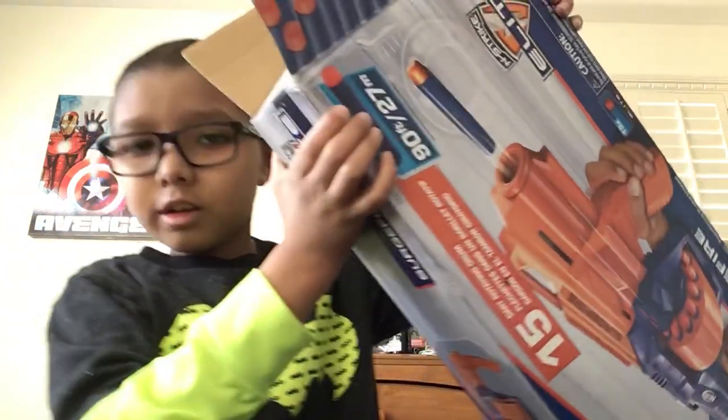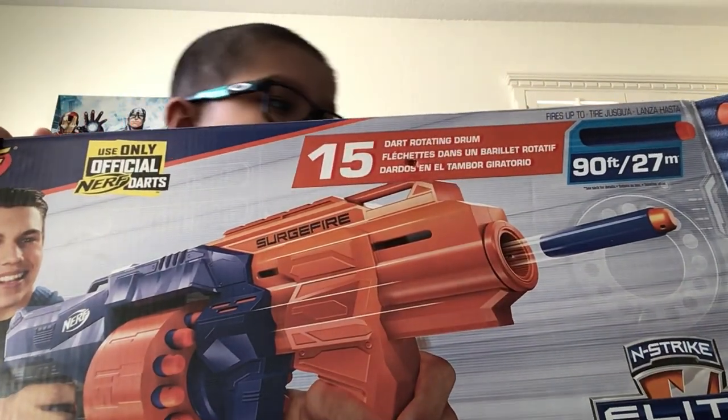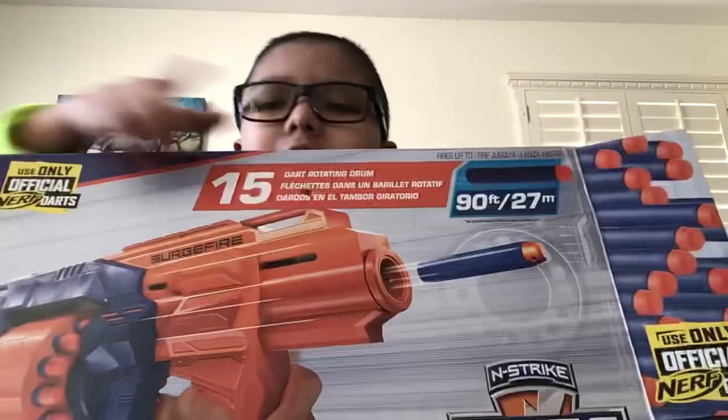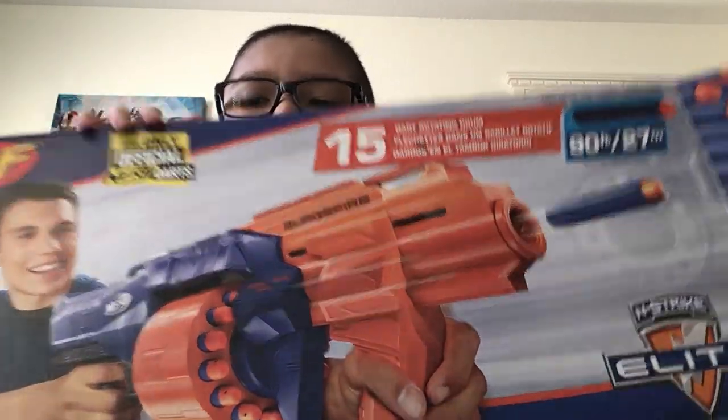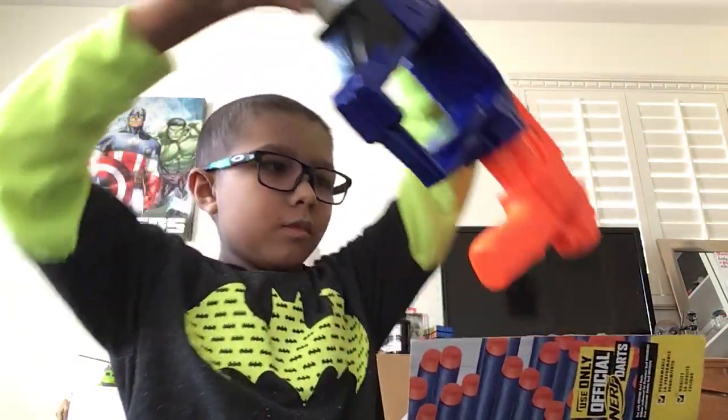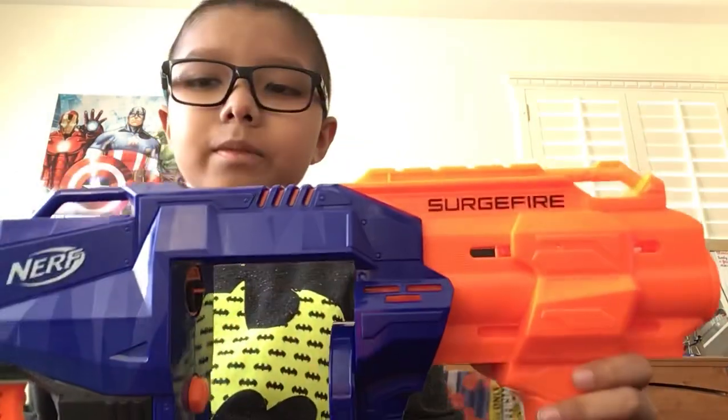A NERF gun, a new NERF gun, and I already opened it, but only this part. I didn't look at it, but you can already look at it from here, so that's open. Let's take it out. So we got this part,